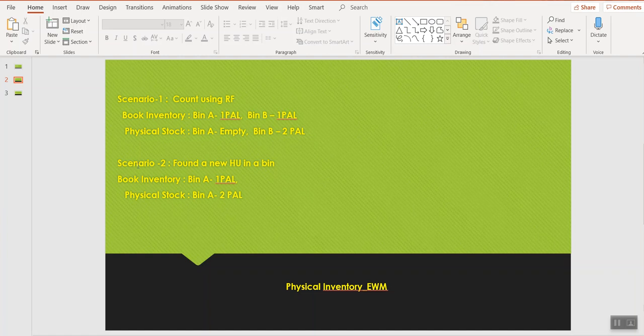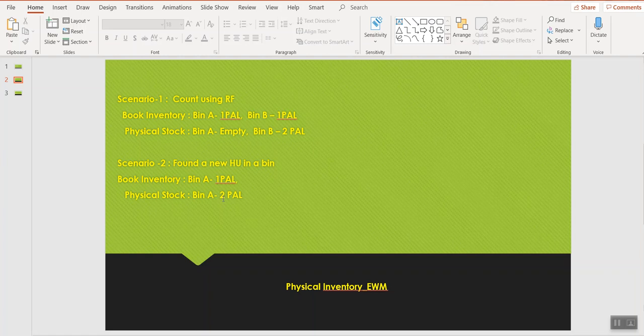Now let's assume that we go to scenario 2. Let's assume that a new HU, a new handling unit, has been found. The system is showing only one pallet, but the operator found an additional pallet in a bin physically.